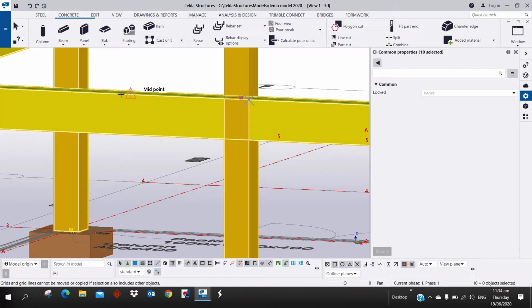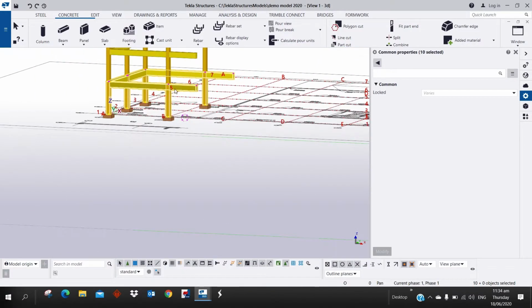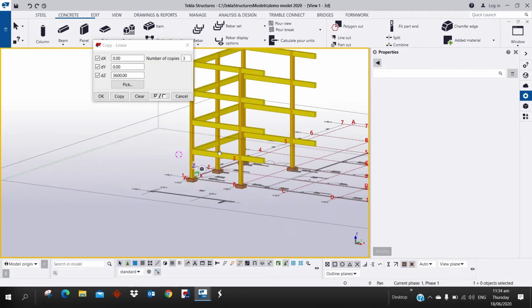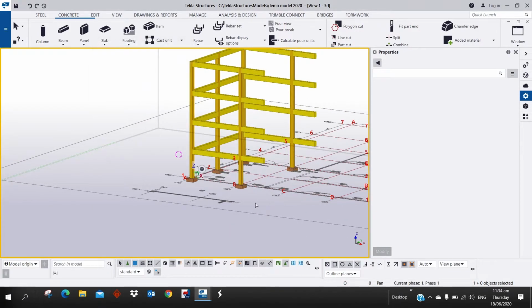Just wait for a while, then we complete our structure together with the floors. So this is how simply we model in Tekla Structures. Okay,